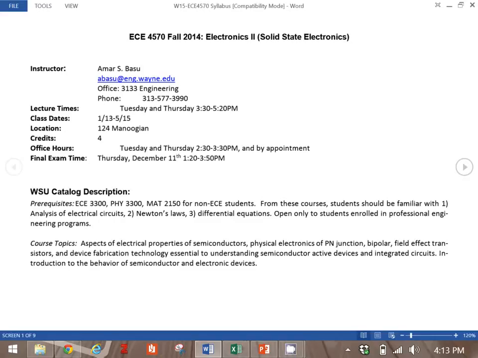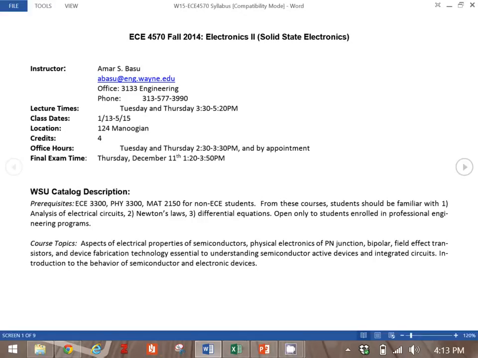Your laptops, your cell phones, Google Glass, Fitbits, all of those devices are based on semiconductors. We wouldn't have any of this stuff if it weren't for semiconductor technology. So we'll be talking about